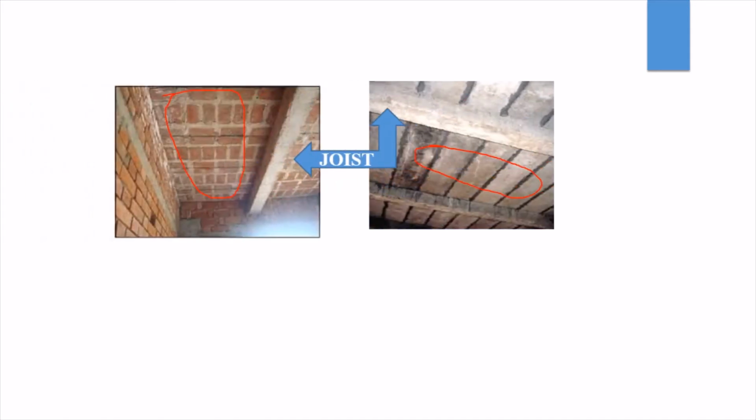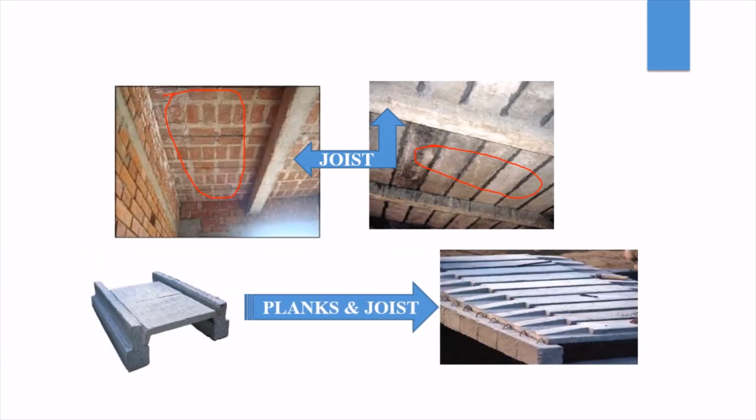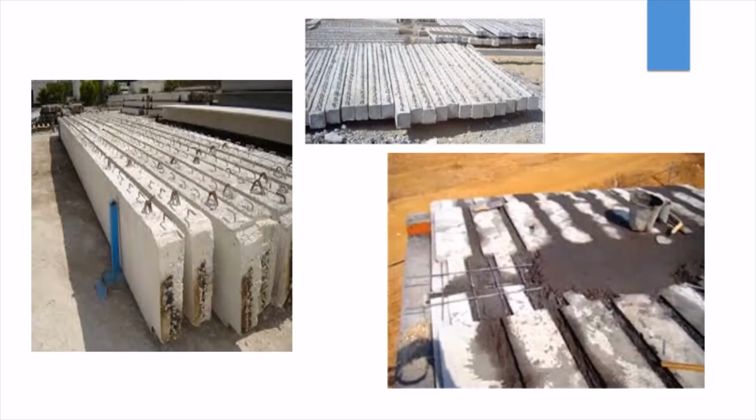Here we have some more examples. Here it is a concrete joist, and then planks. You can see this is the plank, this is the plank. Here they have gone for brick plank. Here it is a concrete one. Next we can see that this is a ready-made joist, and then you can see here